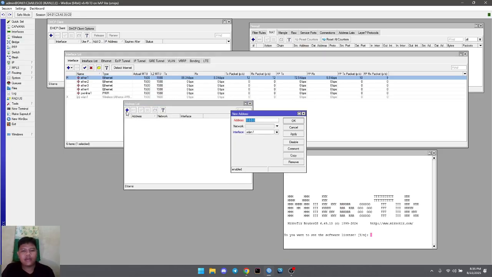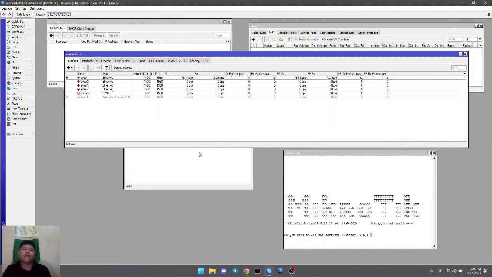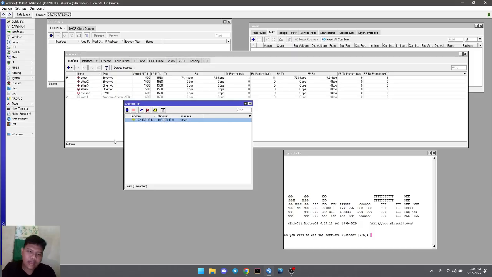So in the address list, I will take the interface Ether1. The IP address is 192.168.10.1/24. Apply and then OK. And then here is the IP. So we connect this MikroTik by IP, not with the MAC address.